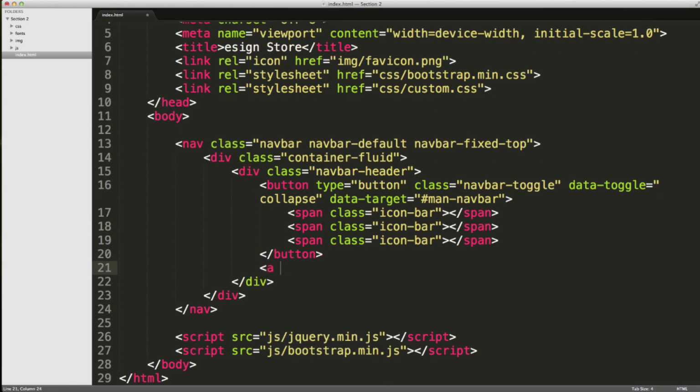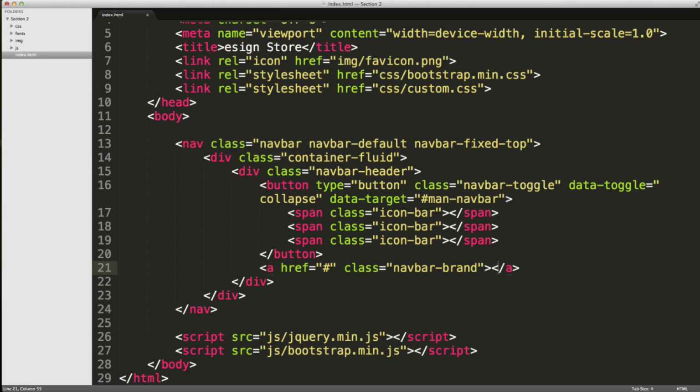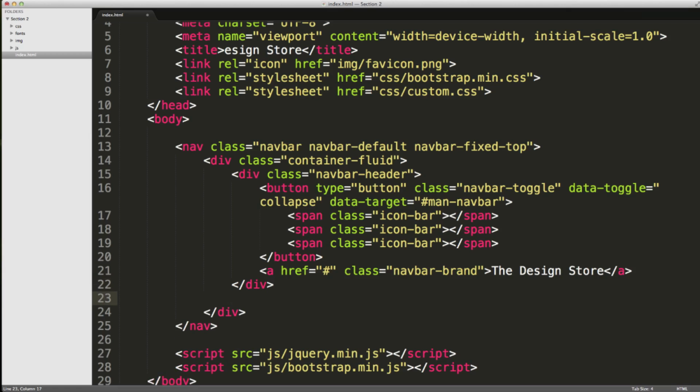Then we're going to put a little link down here, and this will be our main home link, if you like, with the name of the site. So navbar-brand, the site branding. This is going to say the design store. Right, so now that we've got that implemented, under our navbar header,